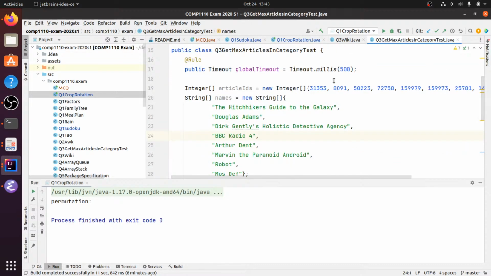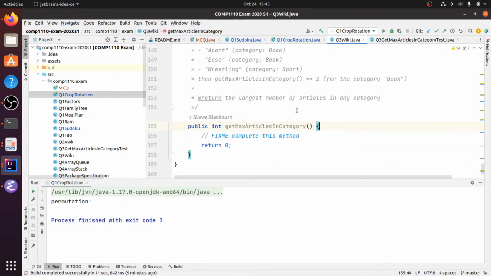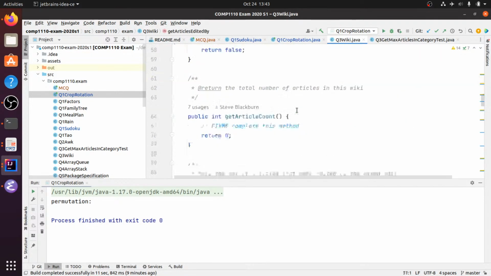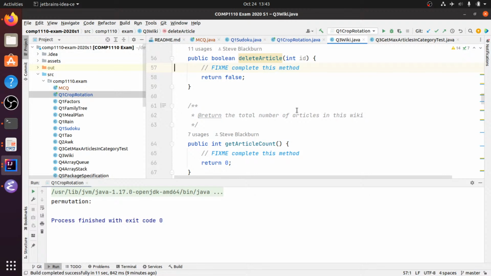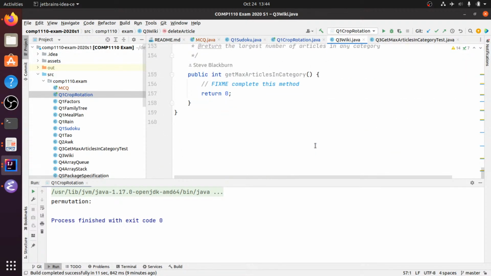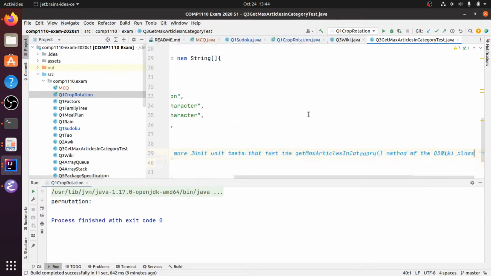Let's see how we're doing for time. I don't think we'll have time to actually do an implementation of this question now, but we can at least look at how we would write test cases for this. I'm not sure this is such a great method to write test cases for, but